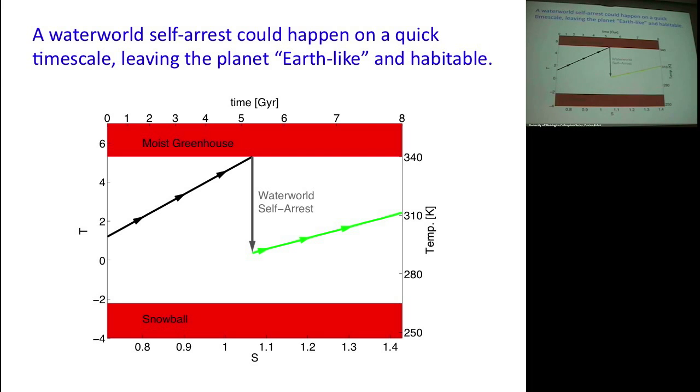And the way it would look in that diagram again, insolation versus temperature, is you're cooking along as a moist greenhouse. You're cooking along as a water world. You hit the moist greenhouse, and then on a geologically very short time scale, you go through that, but stop it as it's happening, and then you go through as a planet that has 30%, 50%, it doesn't really matter, water that has a wide habitable zone. So it's a way that the water world can save itself.